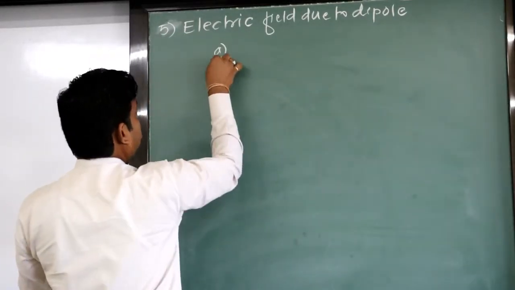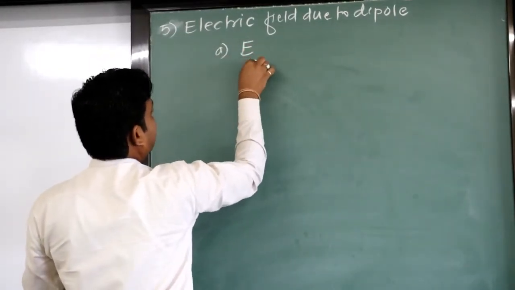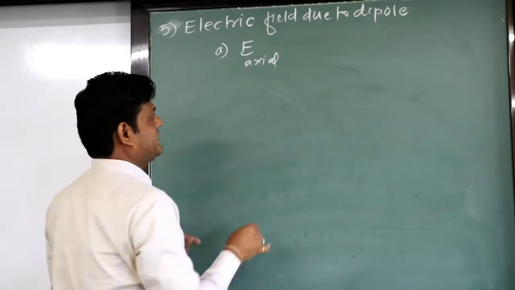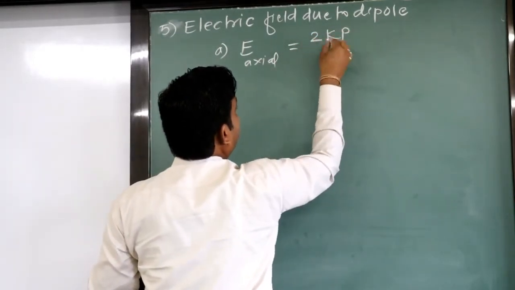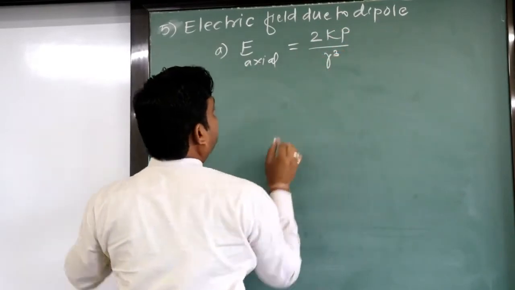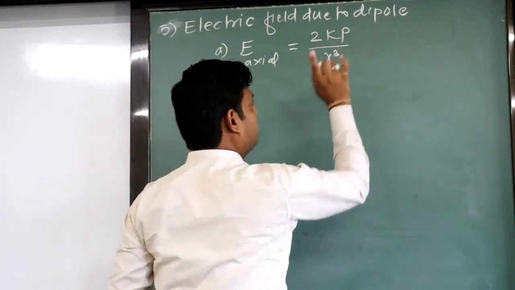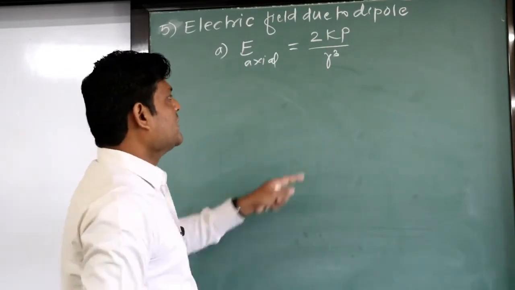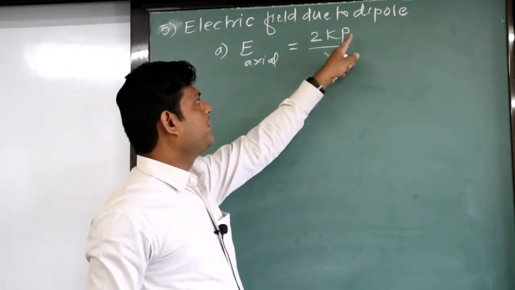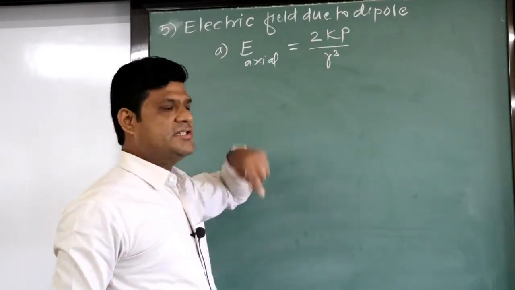So that is E axial, electric field along the axis of the dipole, that is 2kp divided by r cubed. If we consider vector, you can write unit vector over here, right? So this is the E axial, again k is the Coulombian constant, p is dipole moment, r is the distance,